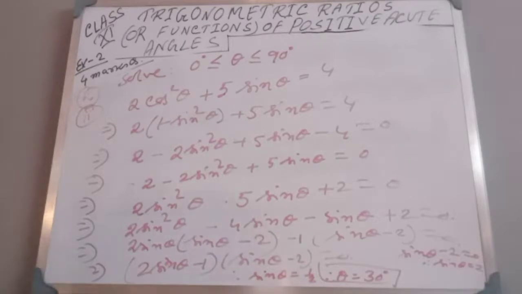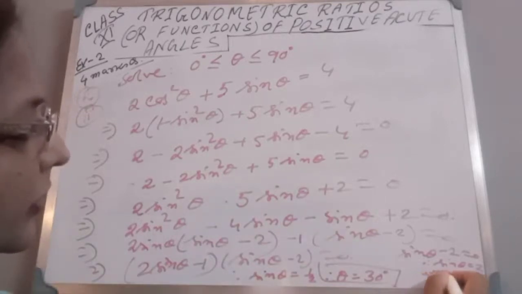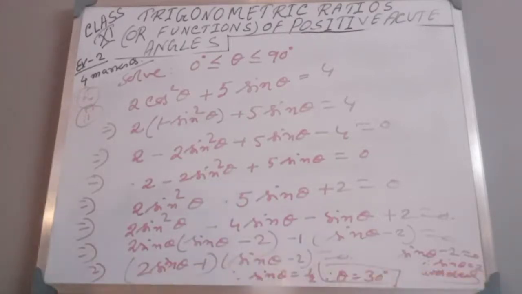Which cannot be taken, this is avoided. Okay, so what is the value of θ? θ is equal to 30 degrees. Okay, next